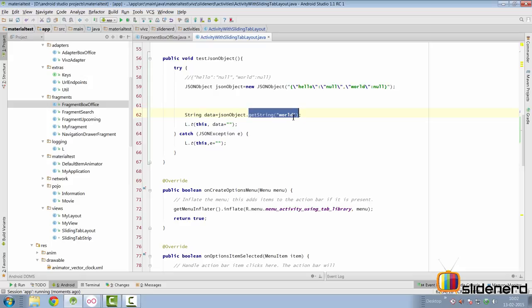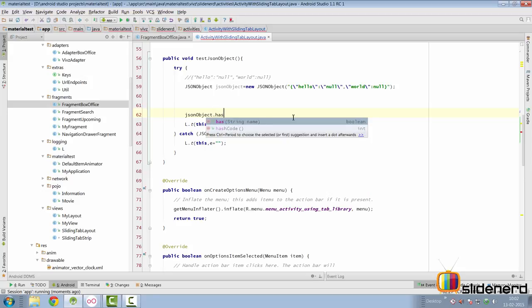What if we simply want to check whether something is null or not? We can simply say JSON object dot has. Now remember, has is going to tell you whether the key is present in the JSON feed or not. It doesn't care about the value, whether the value is null or not. But before I show you, there's one more method I haven't shown you in the previous video,